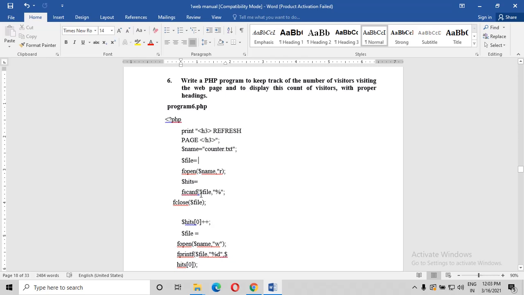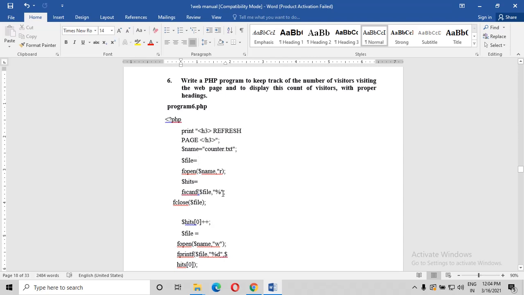Hits is the number of hits you are counting, the number of page refreshes; hits means how many times the person has visited, right? The file name is mandatory. Signed decimal number is %d. The percentage means we specify what the values are, so internally it is taking them. In printf, externally it will showcase that. So every time the hits should increase. What we have taken in $hits is fscanf with a file name, and the count.